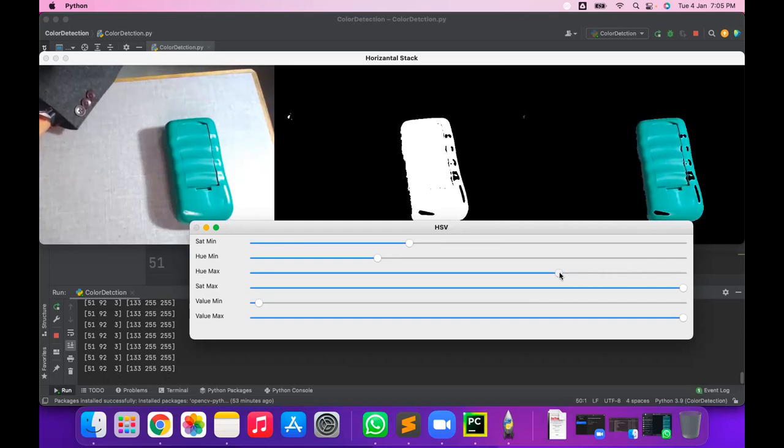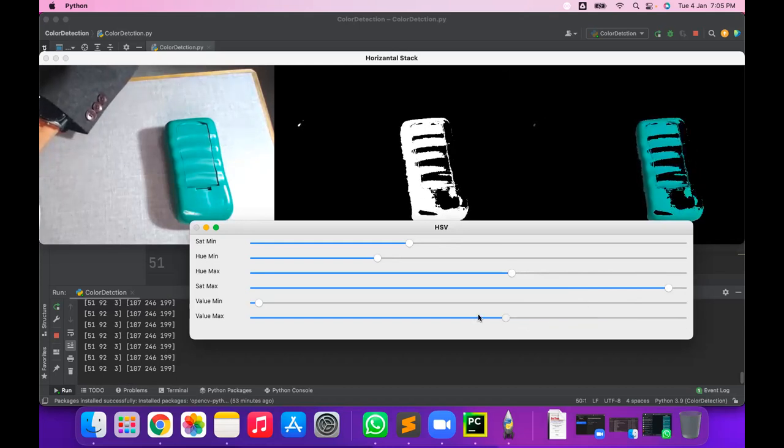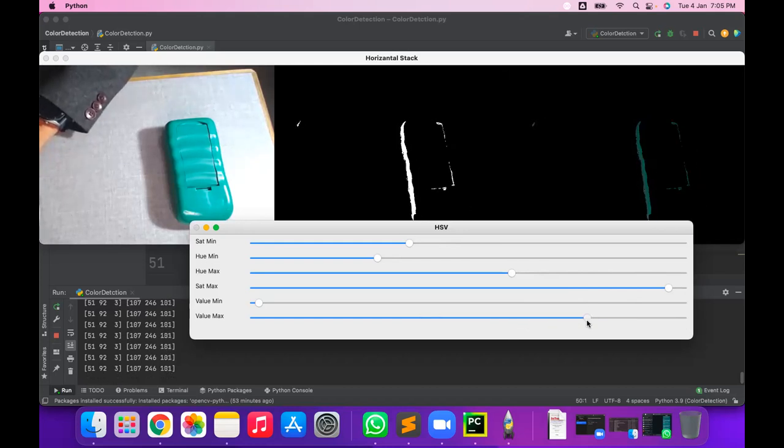You can play around with S max and S min, and U max also, but value max is always 255. Value max never changes. If you change the value max, you will get a distorted output.